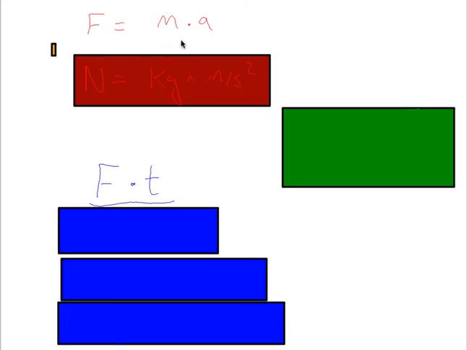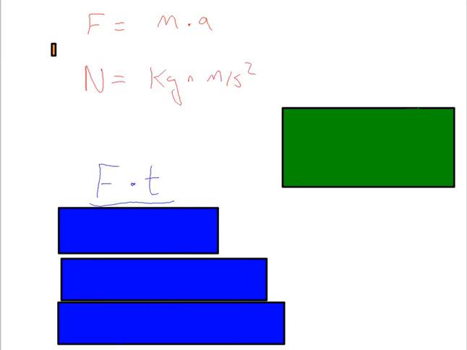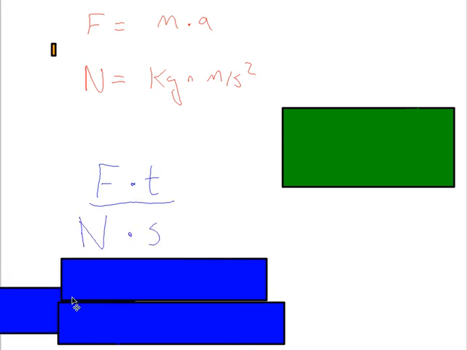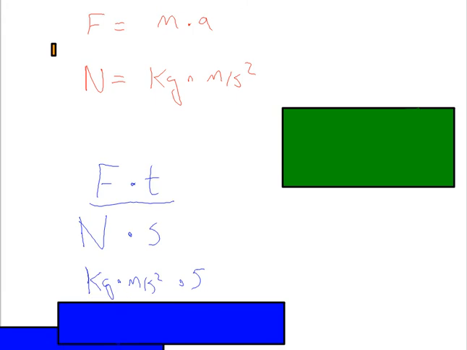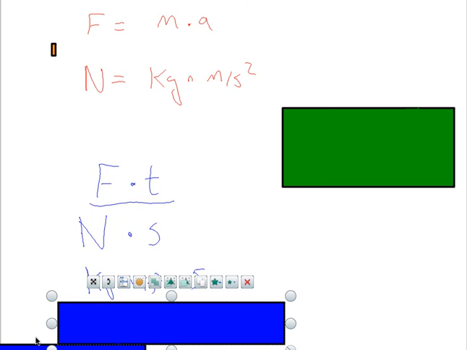Recall force equals mass times acceleration, which means force, newtons, equals kilograms times meters per second squared. And now if we look at force times time, which is our impulse, that's newtons times seconds, which is kilograms times meters per second squared from newtons, times seconds from time. And if you do the math,